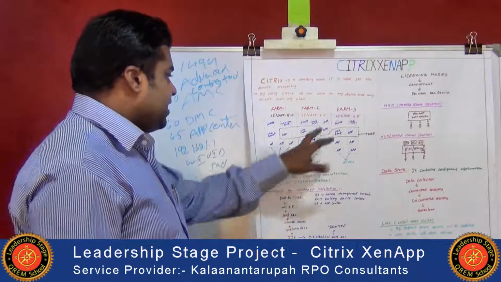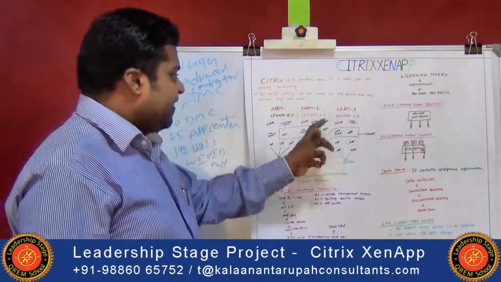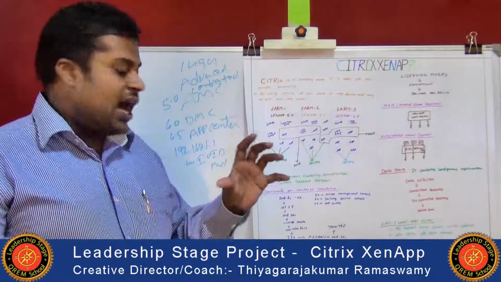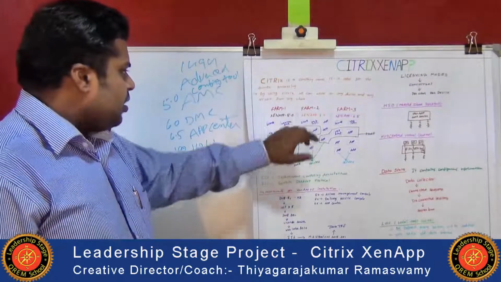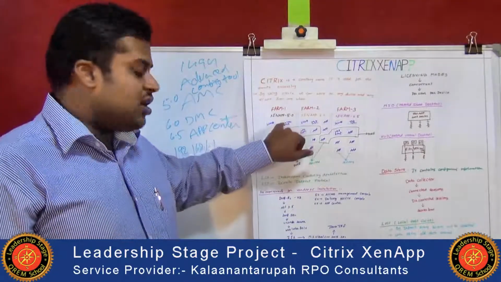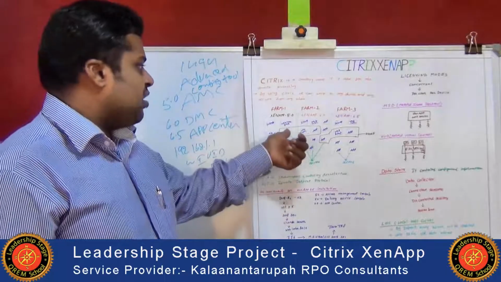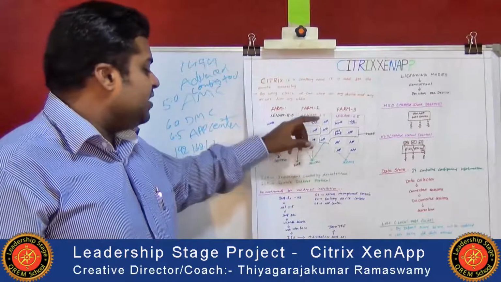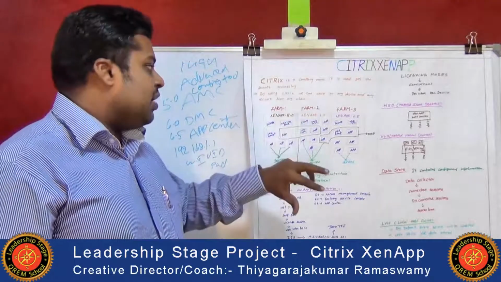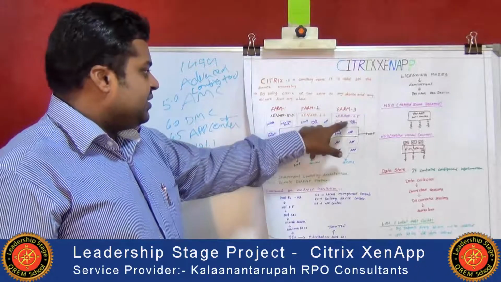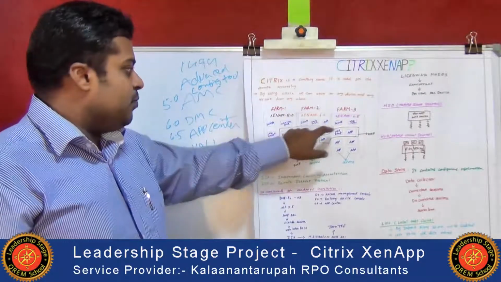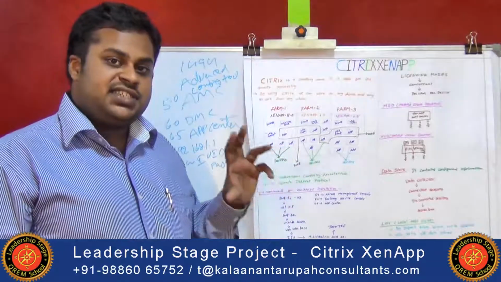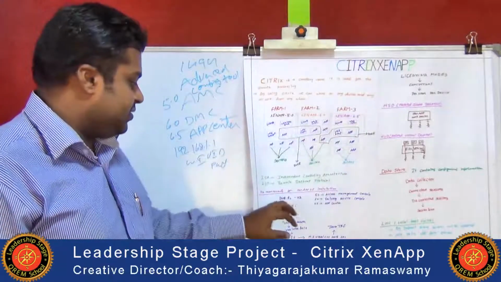For installing Citrix XenApp 6.5, what are the prerequisites? First, for installing XenApp 5, we have to take the 2003 R2 servers. Coming to XenApp 6.0, this will be installed on 2008 R2 servers. This is available in 32 bit and 64 bit. This Citrix XenApp 6.5 is installed only on 2008 R2 server. Only 64 bit can be used to install the applications.